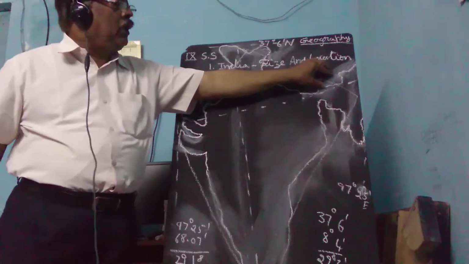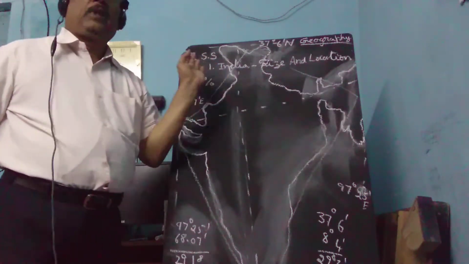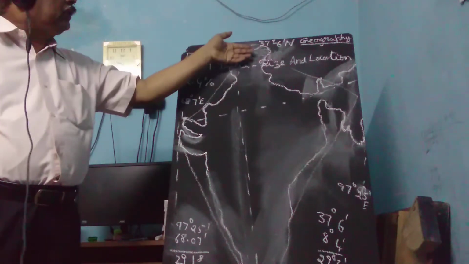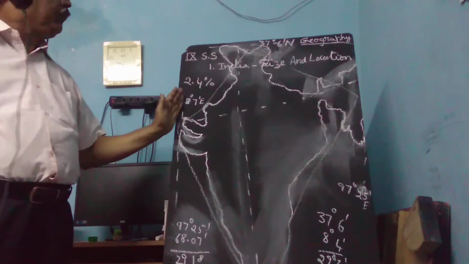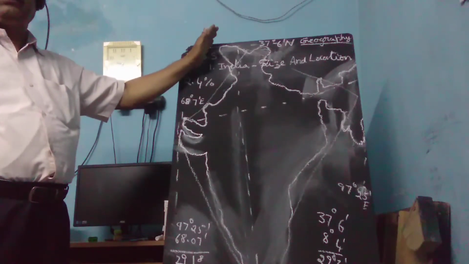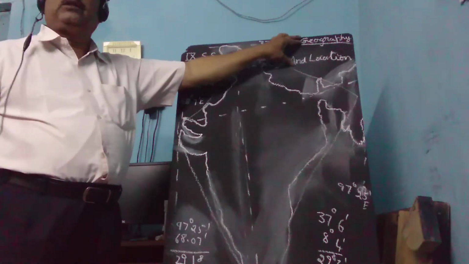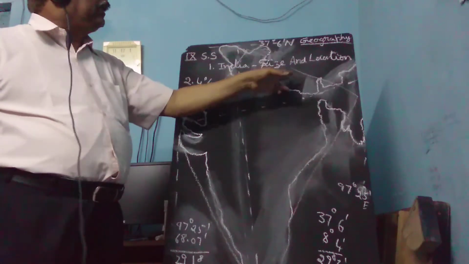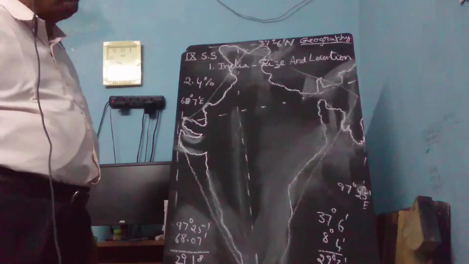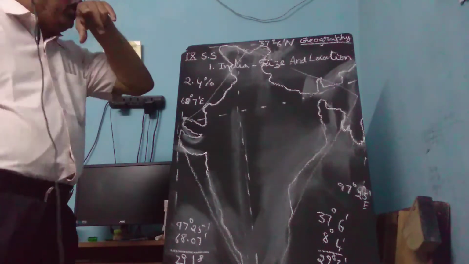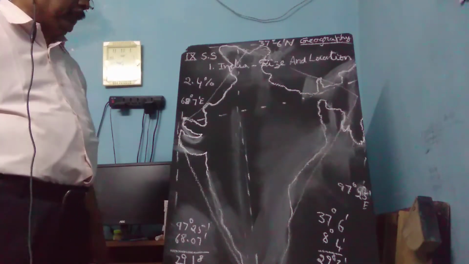Land boundary means India shares boundary with Pakistan here, Afghanistan here, next China here, then Nepal, Bhutan, Myanmar, Bangladesh. These are the countries lying in the north. Pakistan is lying in the northwestern side, and Afghanistan also lies in the northwestern part, and China lies in the completely northern boundary. Nepal, Bhutan also the same, and here Myanmar is sharing boundary in the east. Myanmar and Bangladesh, both the countries are sharing boundary with India in the east.